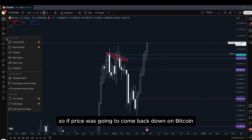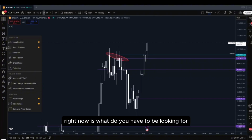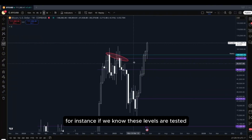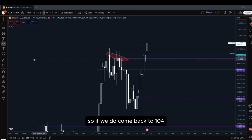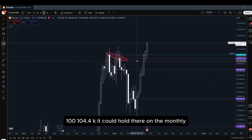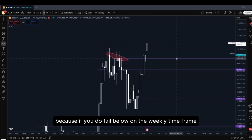So if price was going to come back down on Bitcoin right now, what do you have to be looking for, for instance? If we know these levels are tested, it is less likely that it's going to hold. So if we do come back to 104.4K, it could hold there on the monthly, but keep in mind it is tested, so you want to use proper risk management there, because if you do fail below on the weekly time frame, below